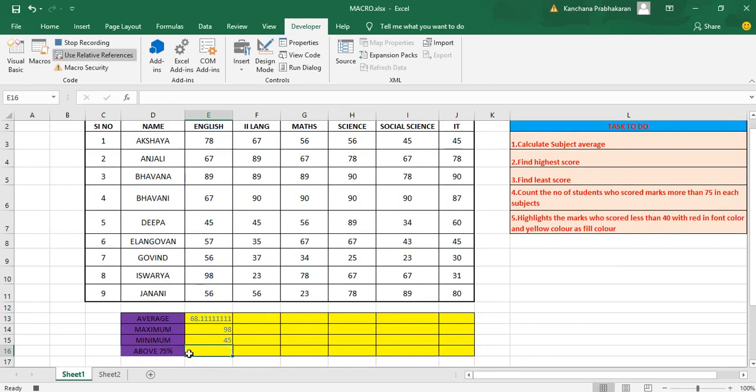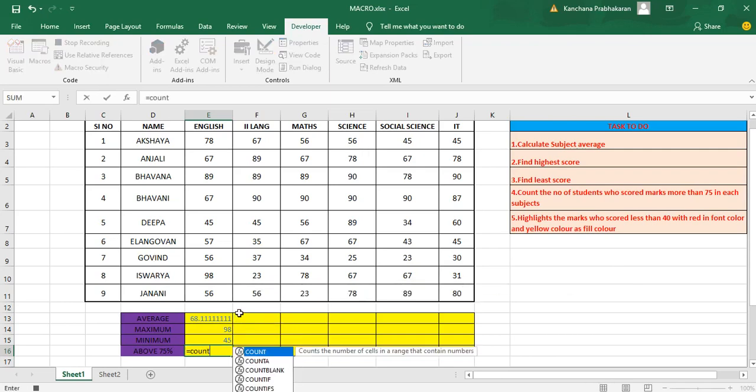Now I am going to find the formula for students who got above 75 marks in English. So I am going to give some condition. I want to count the number of students who got above 75 in English. So I am going to use the formula as equal to count. Why am I using if here? I am going to give some condition, so it has to be the countif function. Open the bracket, then give the same range, E3 colon E11, then put the comma because I am going to give some condition, no?